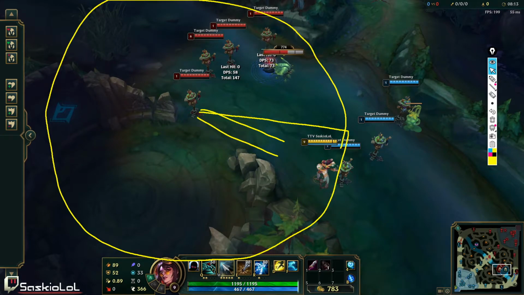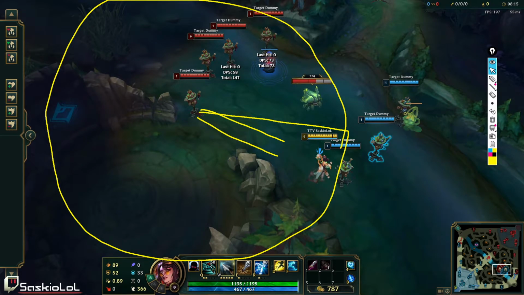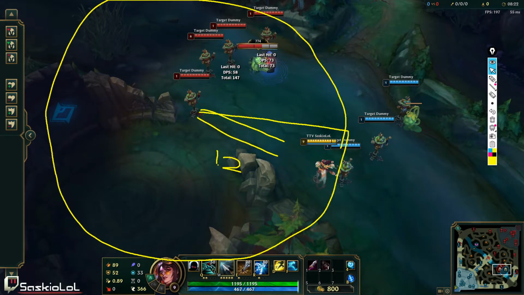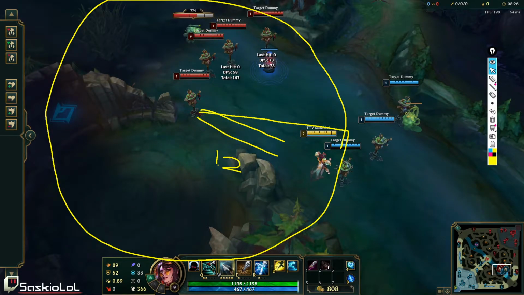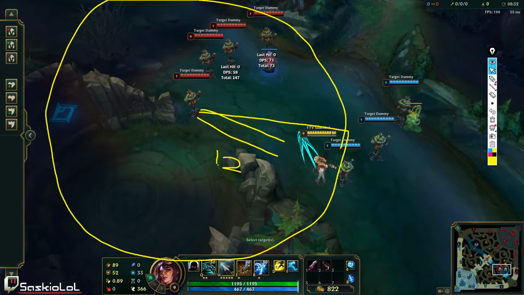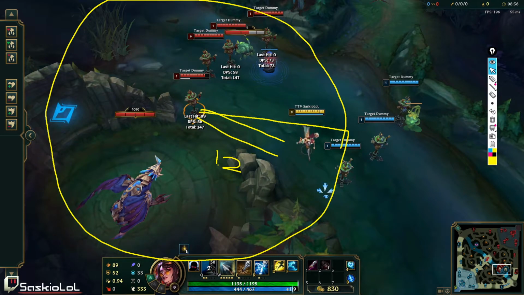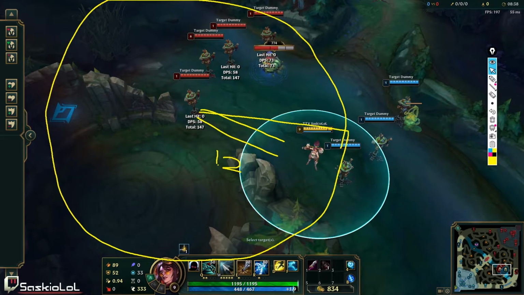If I calculate also the distance, now let's say I have 1.2 seconds to get out of this Lux Q, right? Because I entered a Q range. Obviously, you can simply outrange it, that's the first thing. But let's say you want to go in, right? You want to go in. Something you can do is maybe Q this way. If you think you can get past the Lux Q hitbox before it hits you, boom. And now you can fight the Lux, right? Or sometimes you can flash over it, right? Or flash to the right of it, flash to the left of it, whatever it is, right?